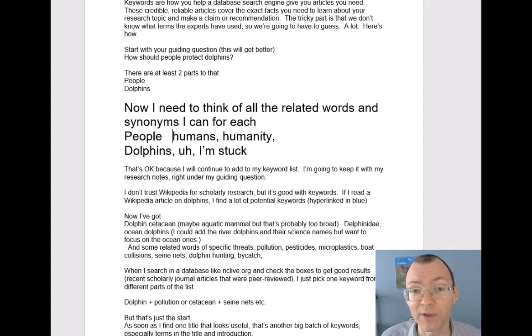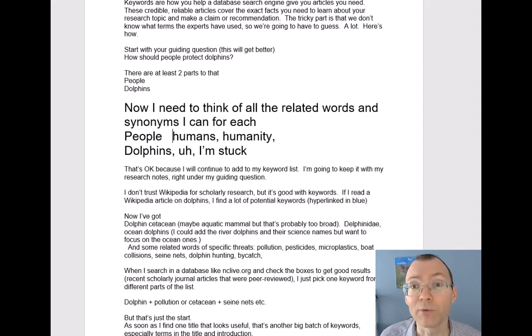Instead of just trying the first little phrase that comes to mind, I need to try several combinations for the database because I don't know what words the database will have my articles under. I know there are going to be credible sources in there, and I know I can find them, but I need some keywords. So keywords are another set of research tools, like your guiding question,